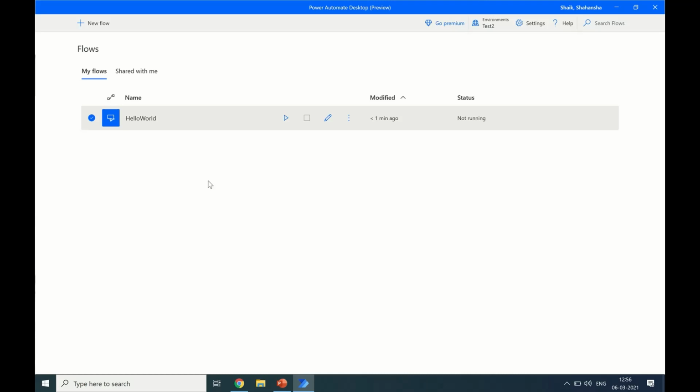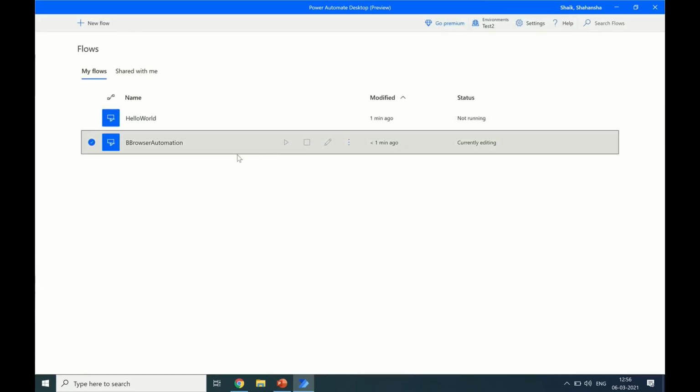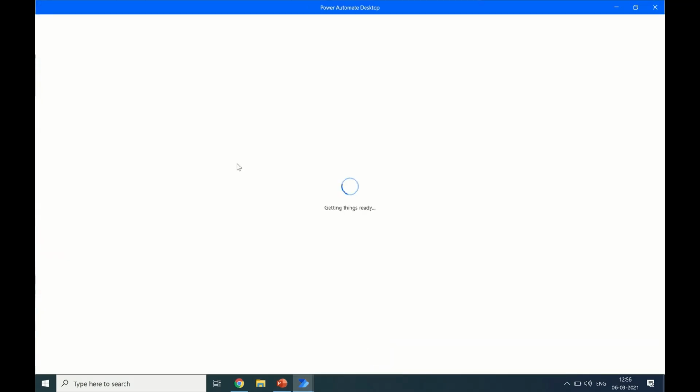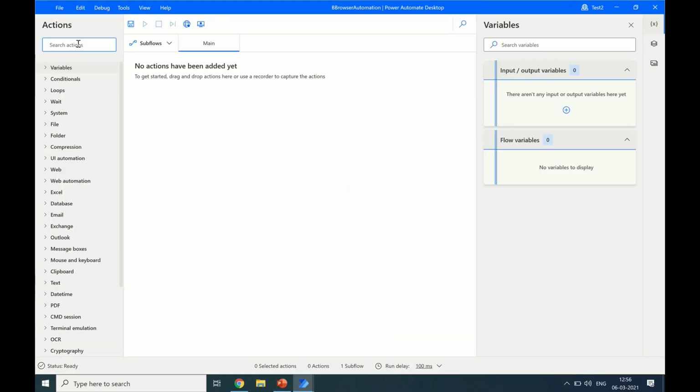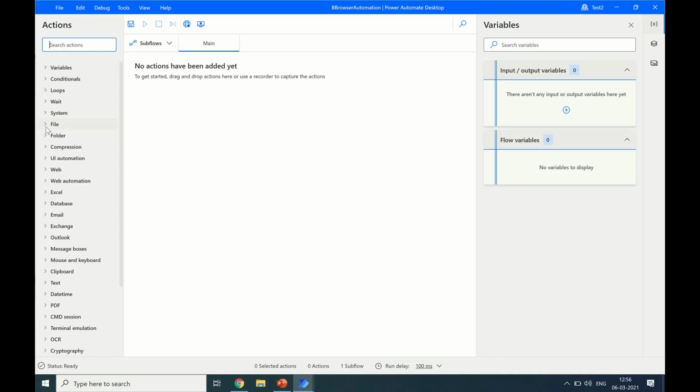An interesting thing will be, for example, browser automation, where you need to do something with respect to the browser or web. Then you are going to say new flow, and let me say browser automation. So it has opened, and let me directly go to web